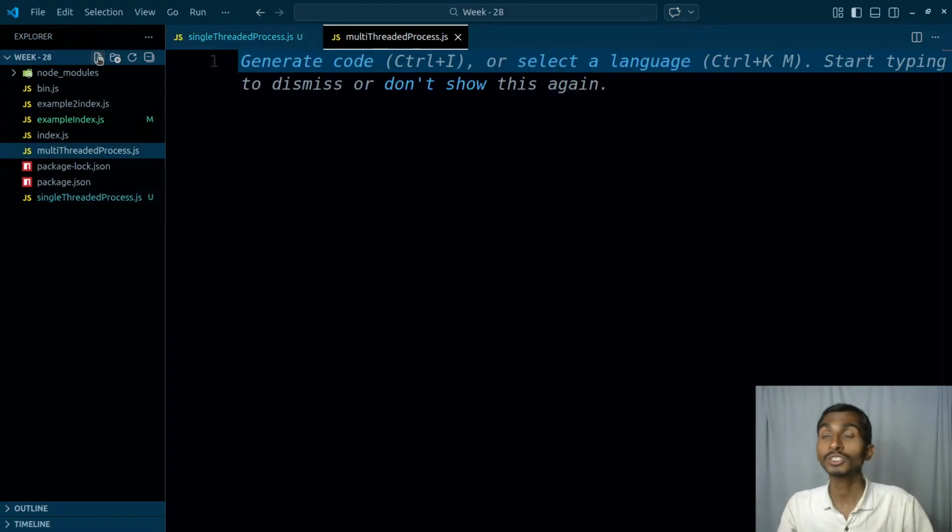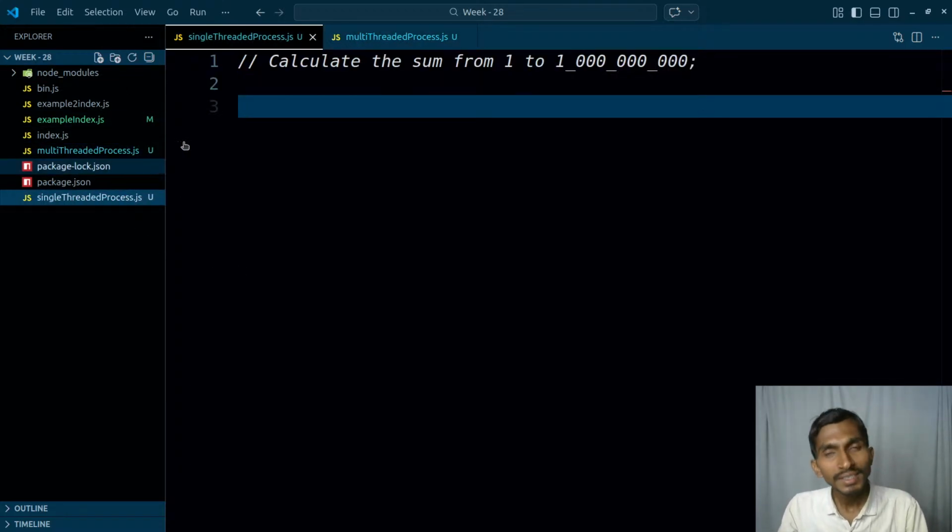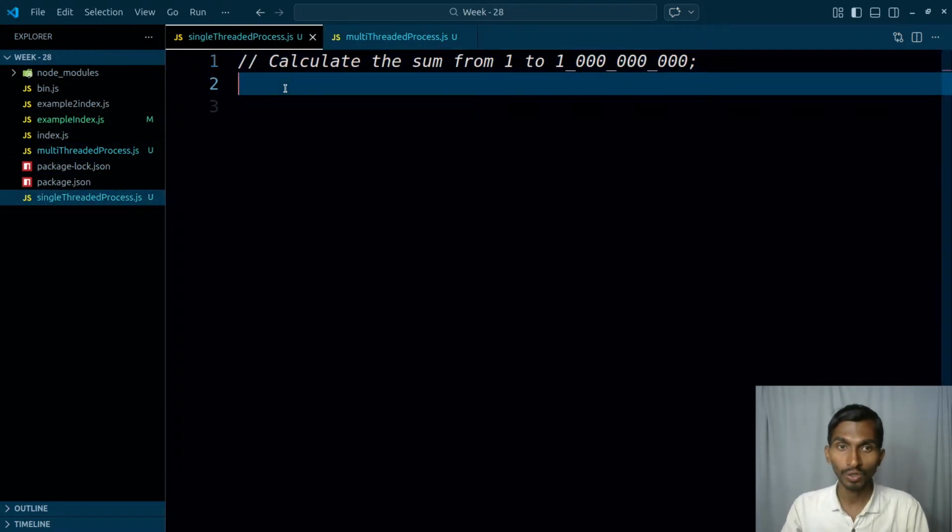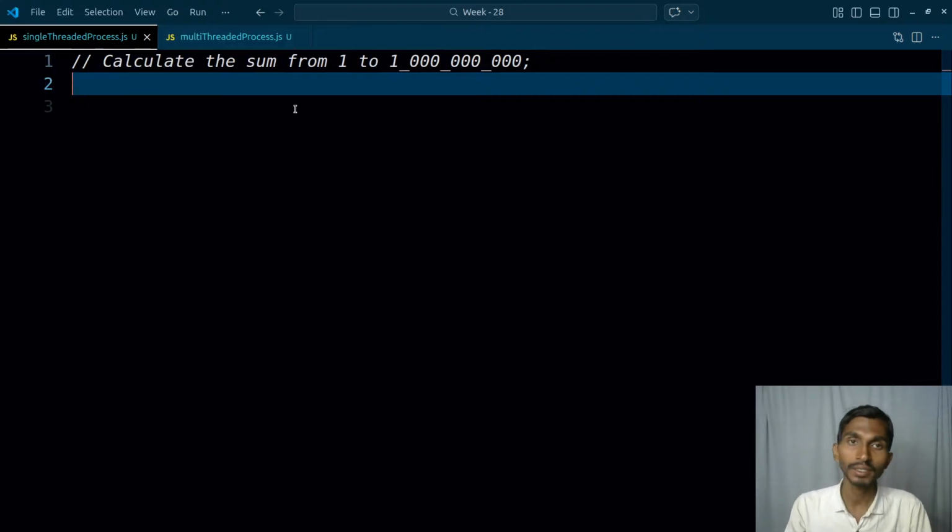process.js, because sometimes it's easy to explain when something's written, but when you do it on your own, things get difficult. But let's see how it goes. First thing, this is going to be single threaded. Having said that,